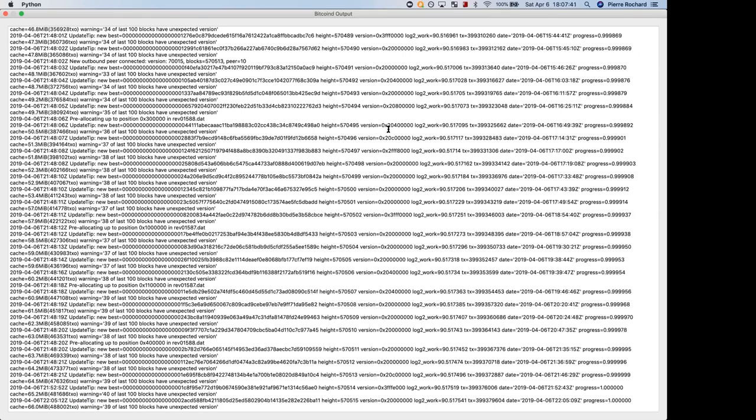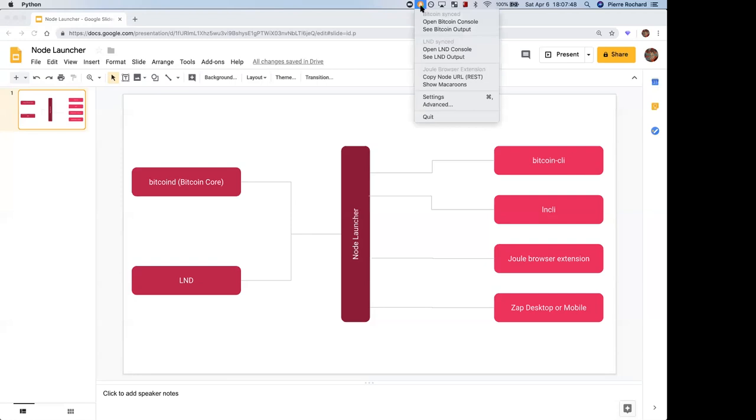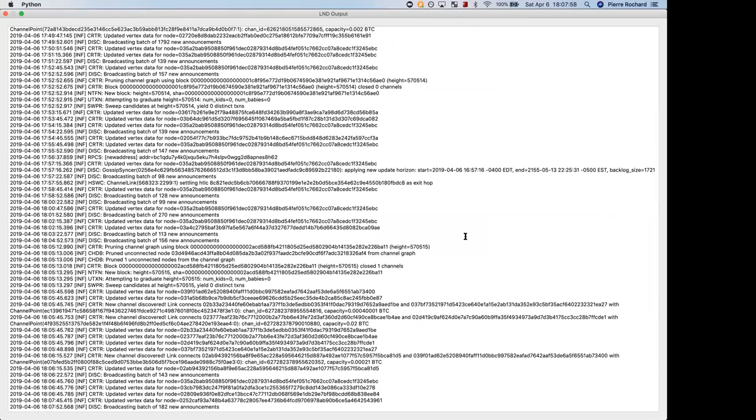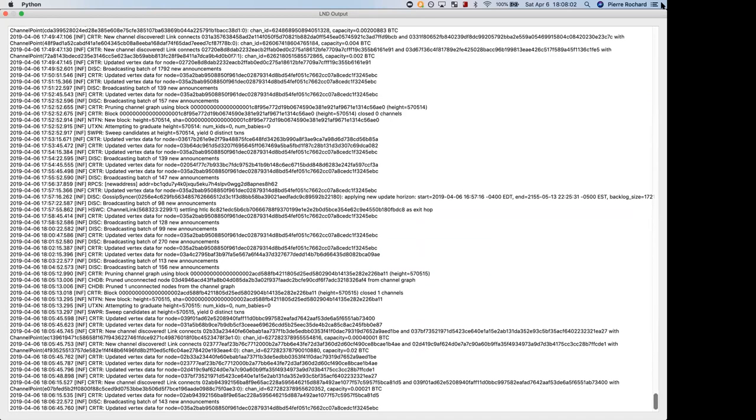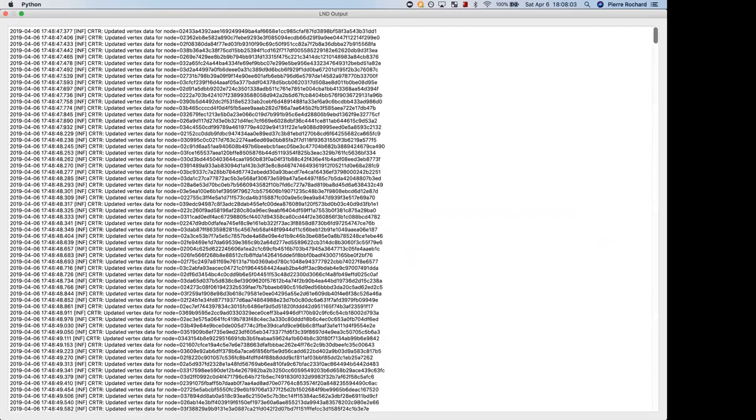If for whatever reason you start the node launcher and it's not working, my first recommendation is to go see the Bitcoin output. If that seems fine, right? If it looks like the new blocks are coming in, then you can go see the LND output, and that's going to give you what LND is up to. And you can scroll up here and see different messages it's gotten. But